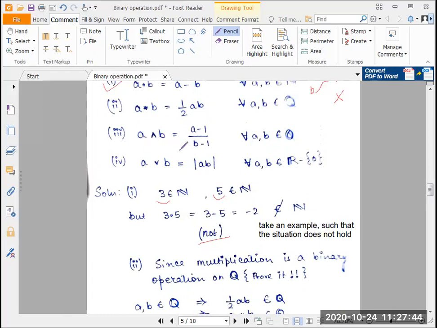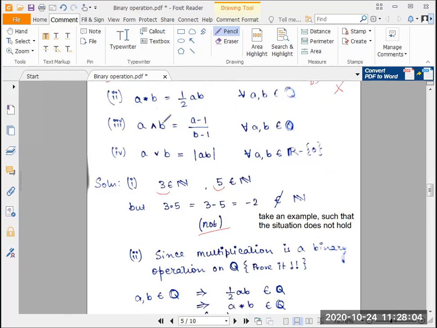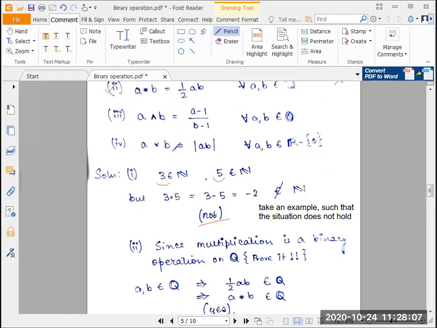So A up B is (A minus 1) by (B minus 1), and A and B are two rational numbers. So they want us to find out whether (A minus 1) by (B minus 1) belongs to rational numbers or not, given that A and B are rational numbers. Because again, the first part is covered by the fact that by definition Q is not an empty set. So we move on directly to the second part. So essentially what we do is,